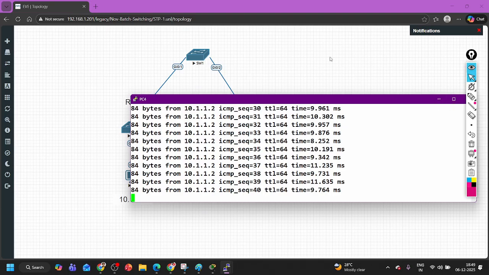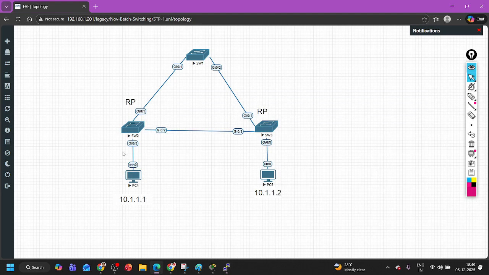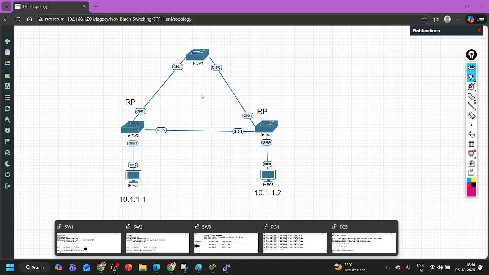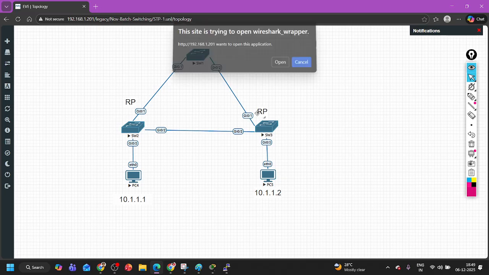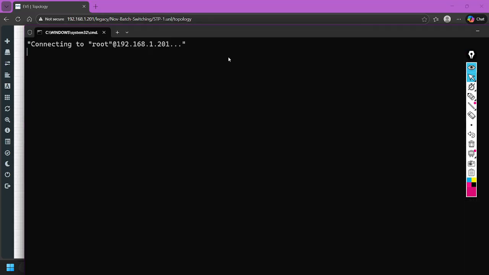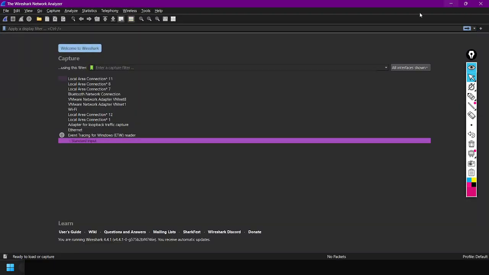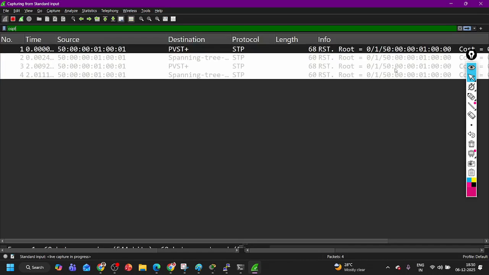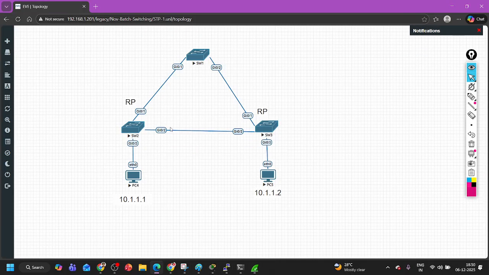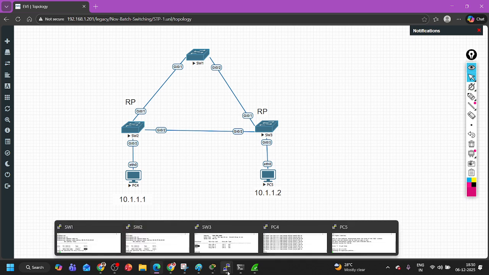If this user goes down, if I am going to shut this port G0/3 on switch number 2, you know what will happen? Let me capture this link G0/1. I have captured this link, see carefully, this link. Okay, now on switch number 2 I am going to shut this port, means whenever a user will disconnect their port from the switch or whenever any new user is going to connect their port on the switch, STP is going to treat it as a topology